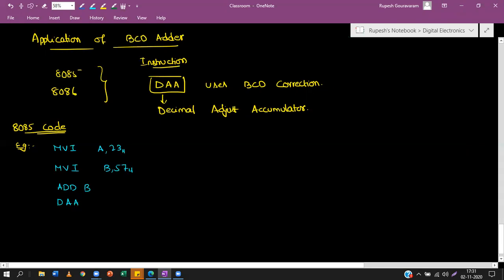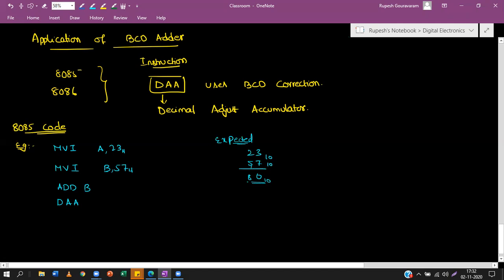So this adds B to A, that is B to the accumulator. What is expected in the accumulator? Expected value will be 23 added to 57. In decimal, 3 plus 7 is 10, and 5 plus 2 is 7. So you have to get 80 in decimal, but